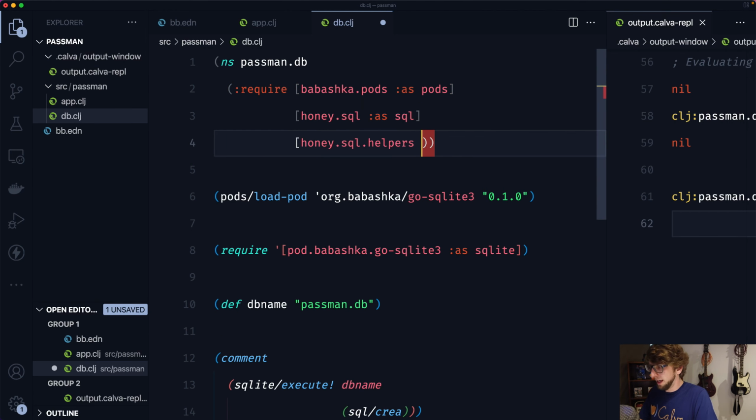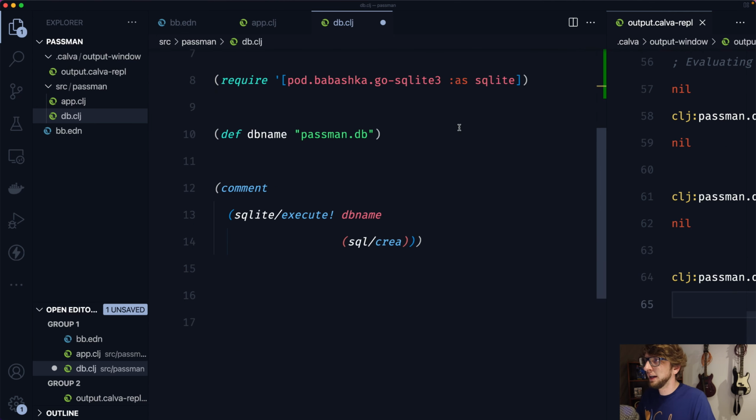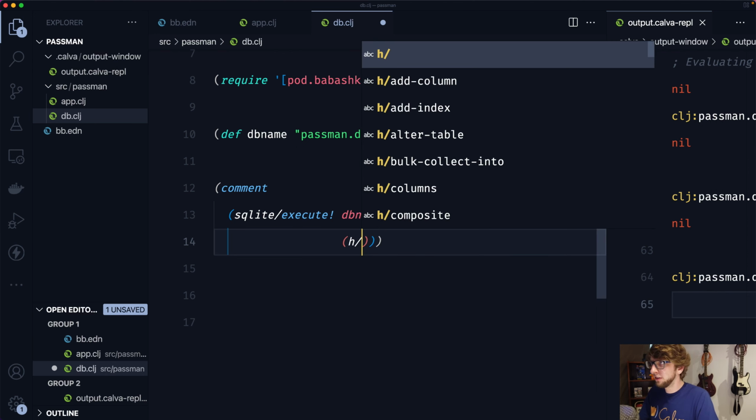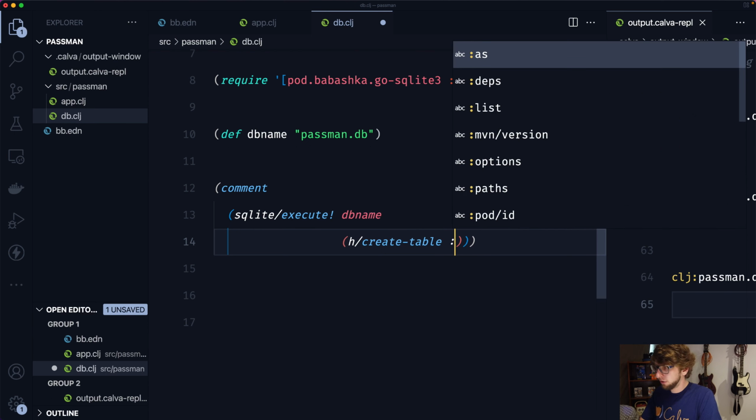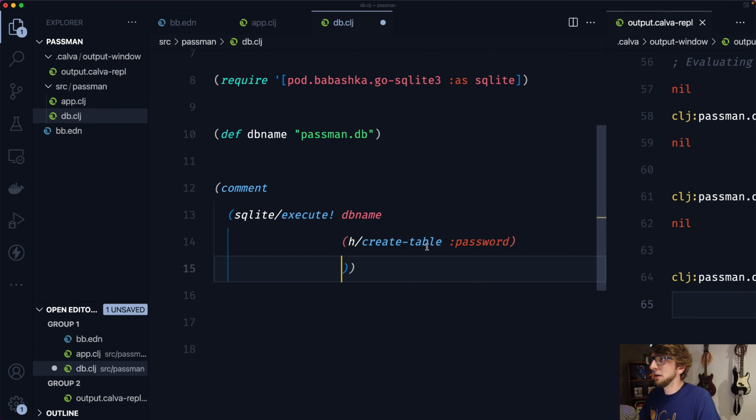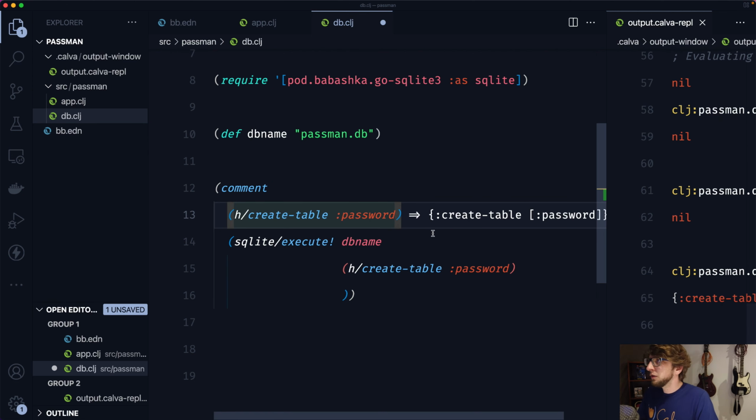And I require this as H. Evaluate this. And now we can use H create table. And the table I want to create is passwords. And well, let's actually just see how Honeysql works. So I'm just going to evaluate this here. Cool, you see it creates a map, and then we can actually